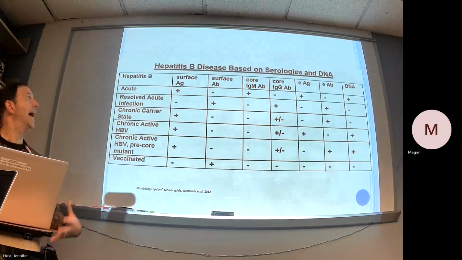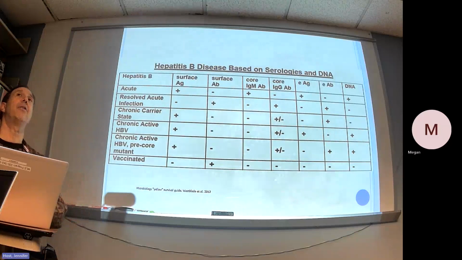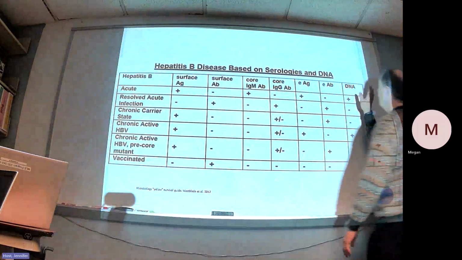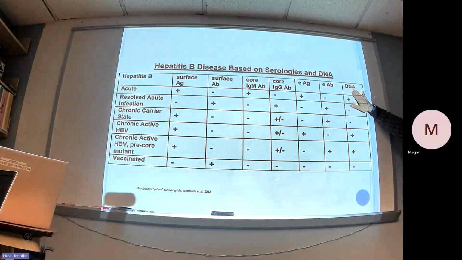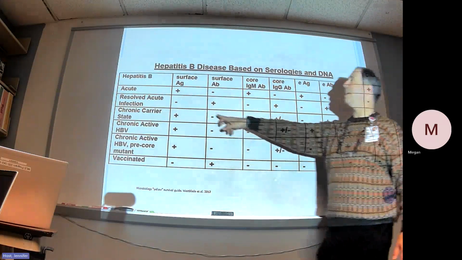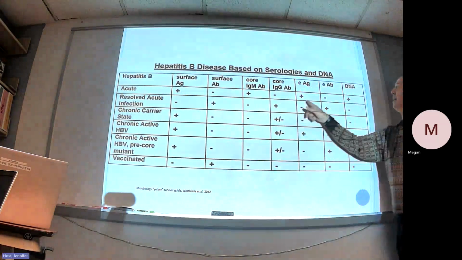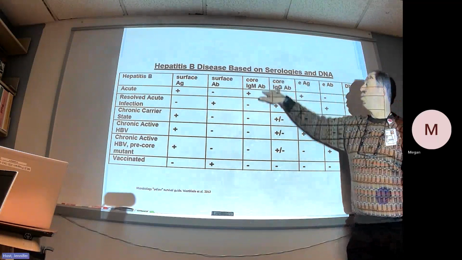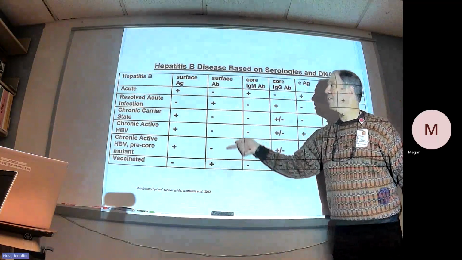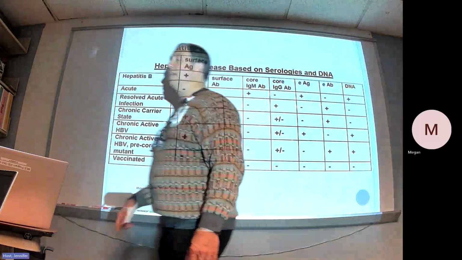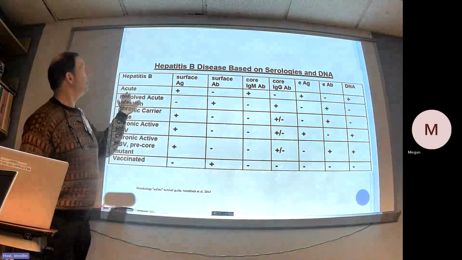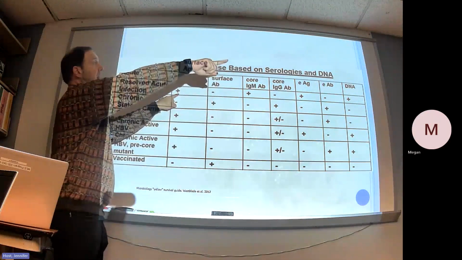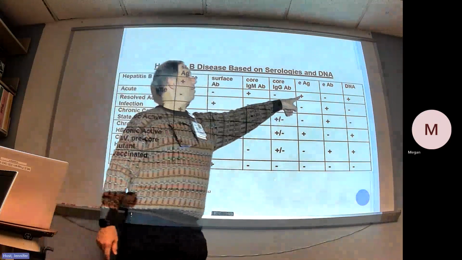So if we put out everything we could do for a virus, from the DNA really early to the surface antigen next, to the E antigen of infectivity, to maybe some antibody here, the window, and the final antibody, bless you. Here's what you get. If you're acute infected, notice what you have. You have surface antigen and the DNA. Or very infective with the